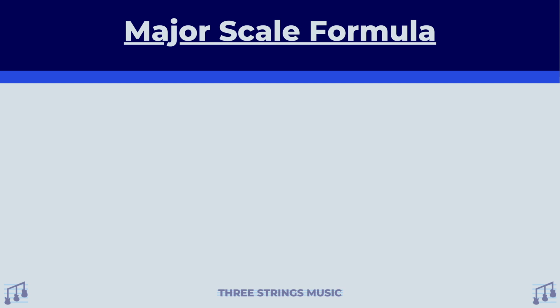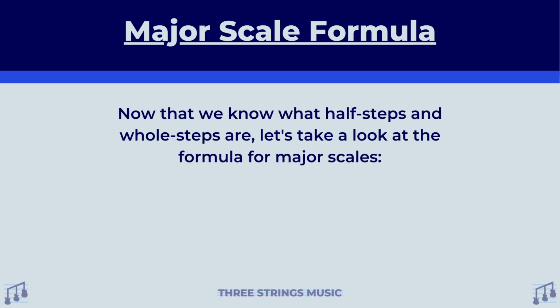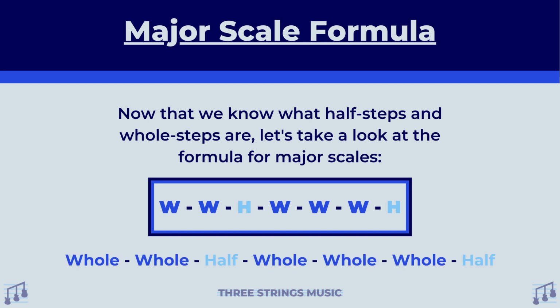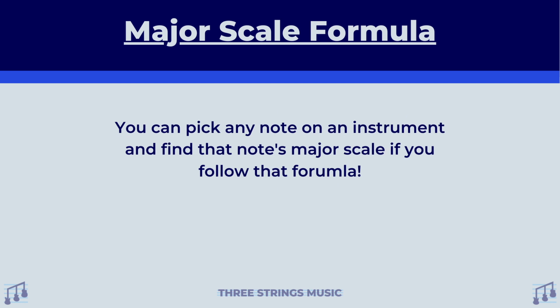And to make things even better, there's a handy dandy little formula that we can use to find out either kind of scale. And here is that formula for major scales. So what do those W's and H's mean? Well, it's whole step, half step, whole step, whole step, whole step, half step. In other words, if you pick any note and follow along with this formula in mind, you will play that